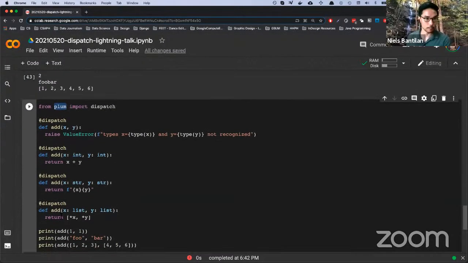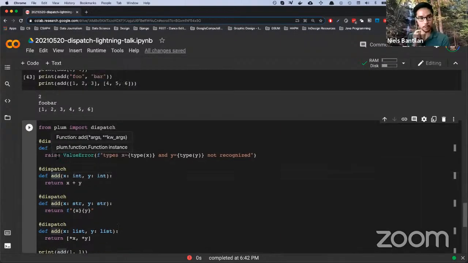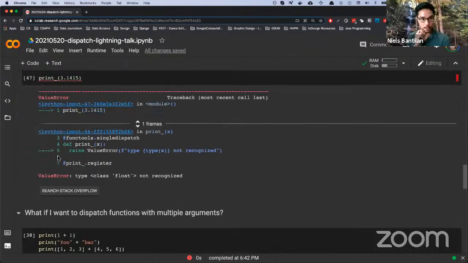different. The function name actually has to be the same. So if you notice above with the Python single dispatch,